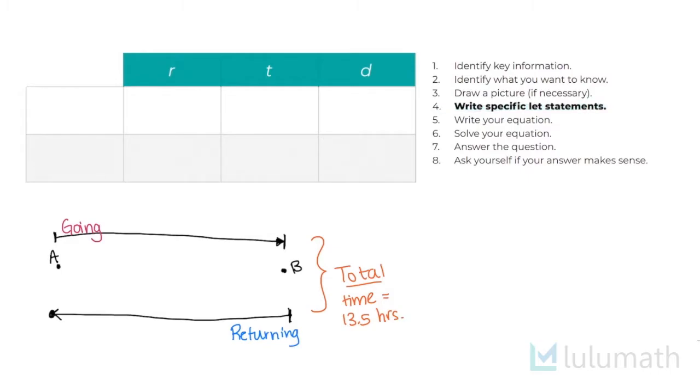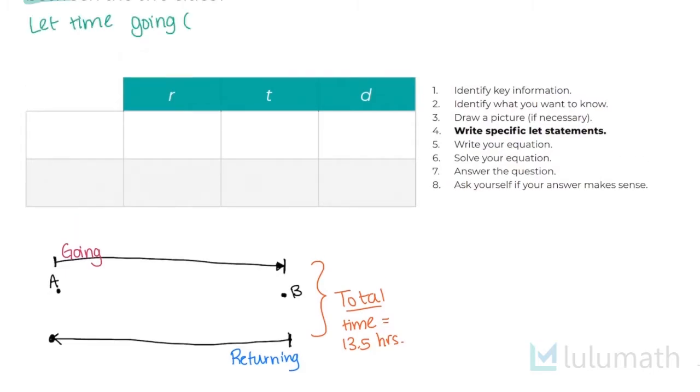Now we want to write our specific let statements. So we don't know how long it took for the plane to go, and we don't know how long it took for the plane to come back. So if we don't know the time to go, and we're measuring this in hours, if we don't know the time it took to go, we'll call it T. Here's where we want to be careful. That means that the time returning or coming back, we're not going to call it a new variable, but we